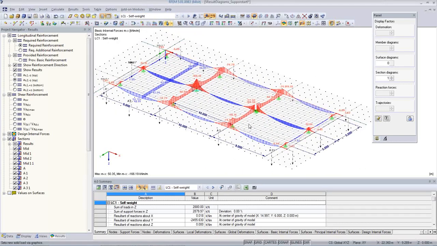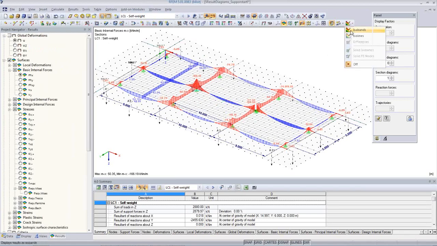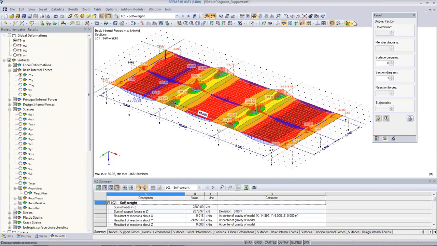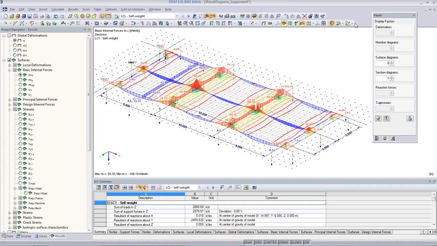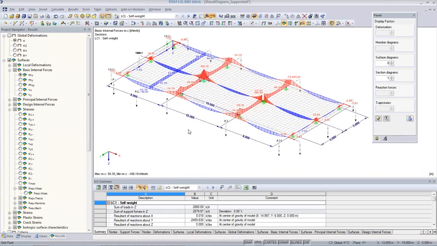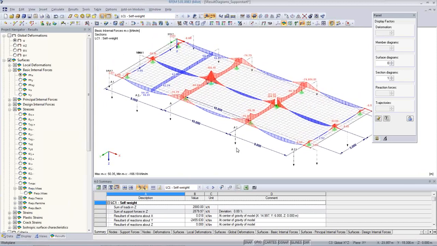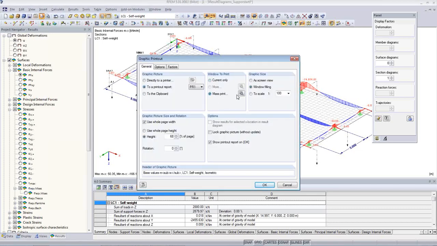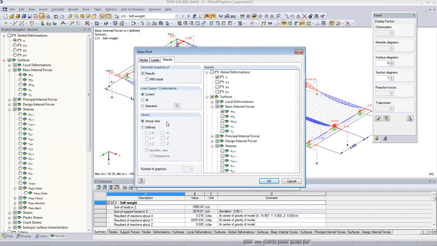For example, I go back to self-weight. You can use this, or you can use isobands, or you can also show nothing and use only the sections. I can hide the grid, and this way I have also a nice way how to get the documentation of the results. So I print the graphic, for example, as a mass print into the printout report, and